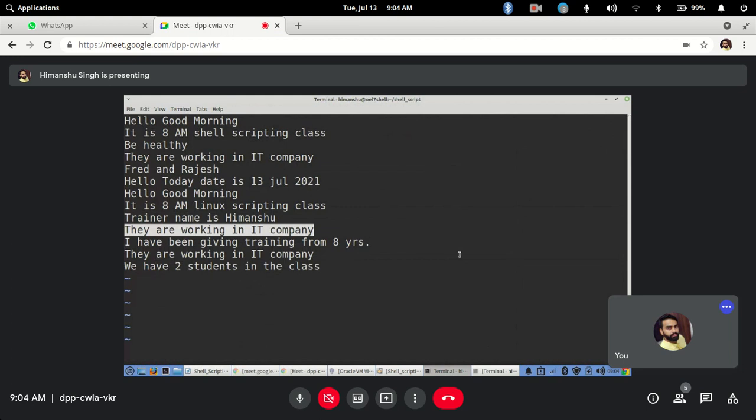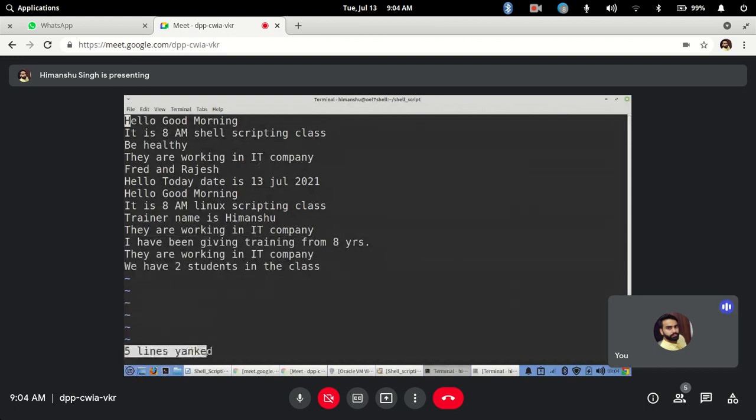Any doubts? Now same thing like in dd we have seen, we have to remove multiple lines. Same way with yank, if I want to copy 5 lines, 1, 2, 3, 4, 5 lines till here, Fred and Rajesh, so what I will do is 5yy. So 5 lines yanked. If you see, 5 lines have been copied.